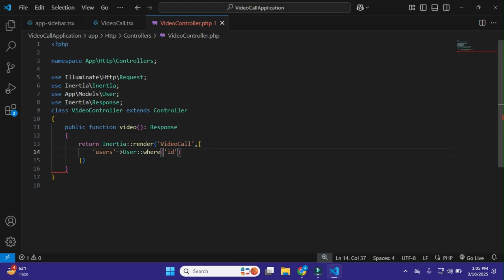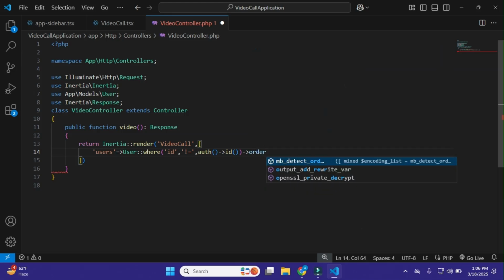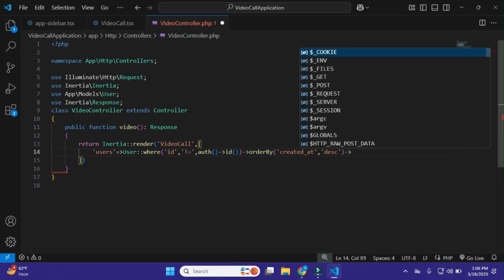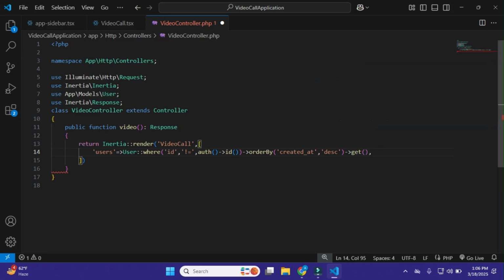So pass the id, and for making the opposite role use auth id. Then use orderBy created_at in descending order. After it just use get. So we just do this and close this.